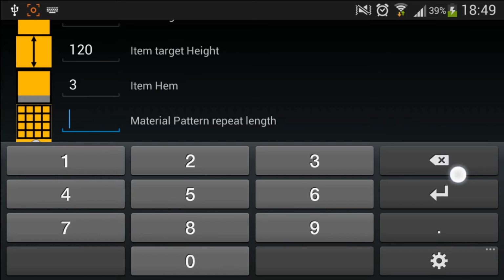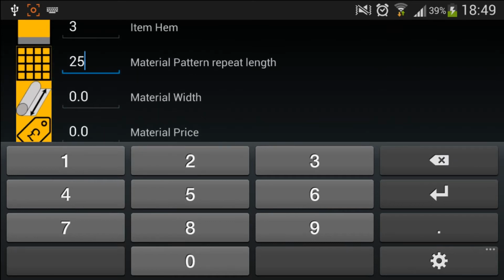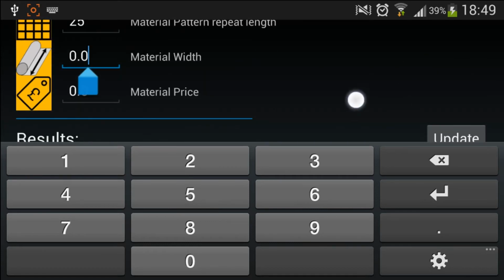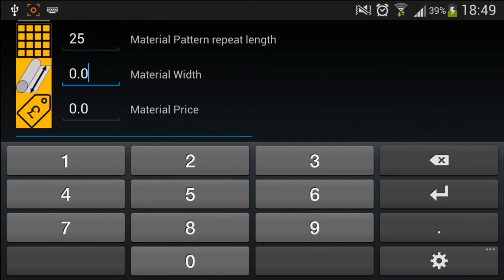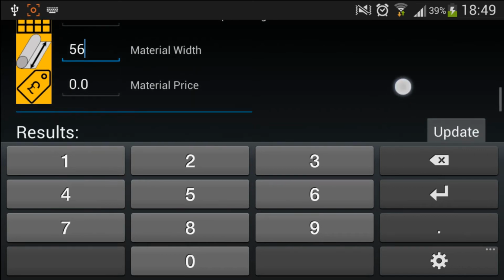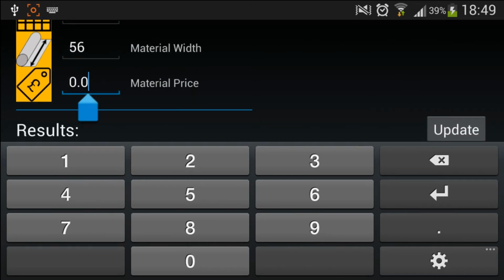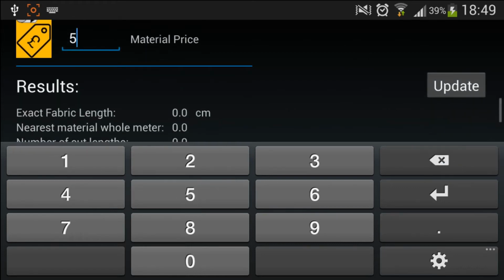So let's say 25 centimeters, the pattern repeats. The material width, we don't know, and material price, actually material width, we have to know it just by going in a shop and ask them. So usually it's 56 centimeters. And the price is per meter. So let's say 5 pounds.